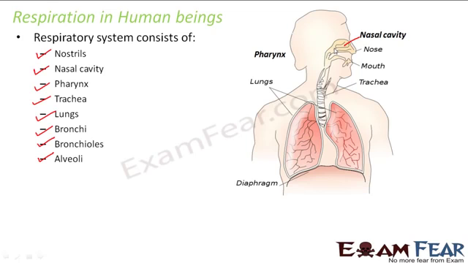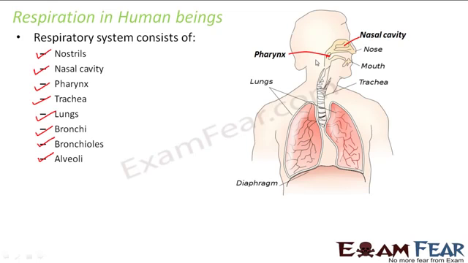After the nasal cavity comes the pharynx. I have already introduced you to the pharynx. It is a common entry point for both food and wind. Food comes through the mouth and wind comes through the nose, so both of them reach the pharynx. But the pharynx is the place where it differentiates the food and sends it into the food pipe, that is the esophagus, and it sends the air into the air pipe.